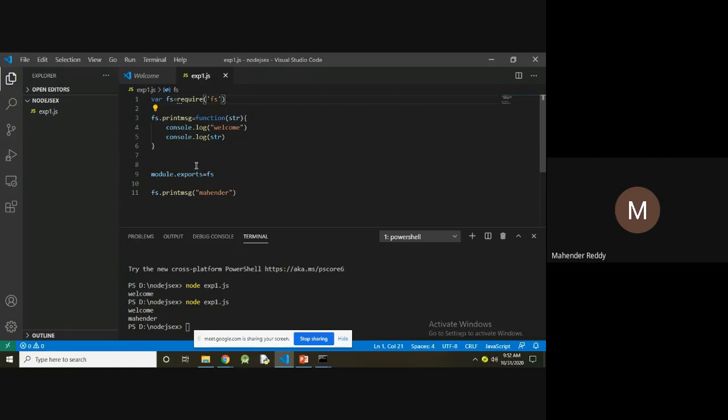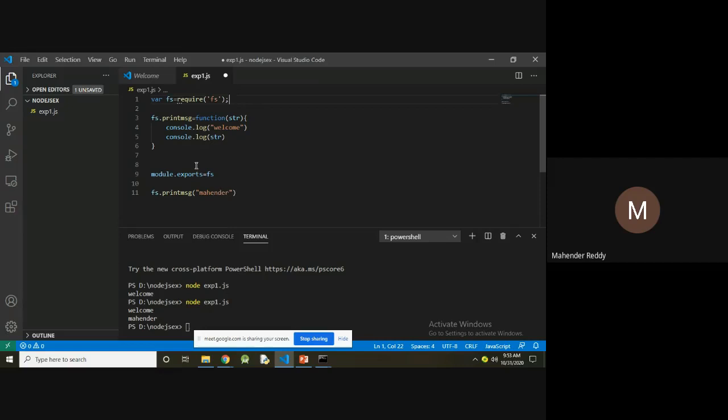Python does not allow semicolons, while Java allows the semicolon. So if you are developing your application with Java and Node.js together, then you can use semicolons here. Whenever you are developing your project with Python and Node.js, then there is no need to use semicolons here.